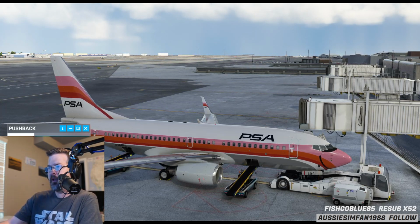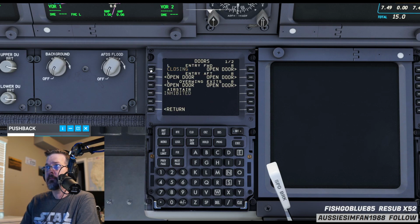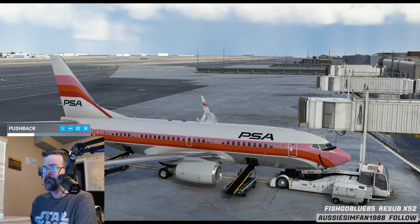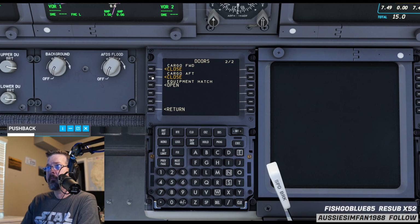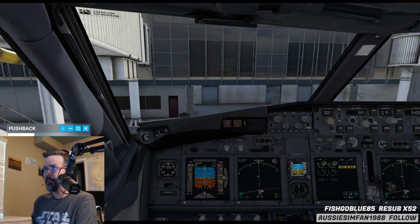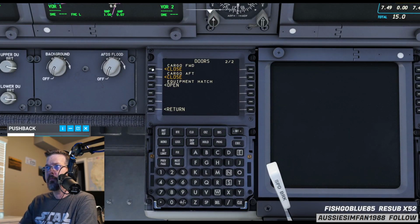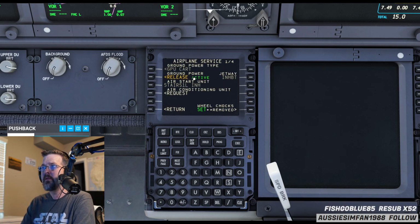Before I do that, I've got to close the doors, etc. Does that close the... There we go, cargo doors closing. How come that's not closing, or is it? Oh. Yeah, that's not working. Check all vehicles are moved away completely before pushing back. Lots of vehicles to move back. I think you have to dismiss the loader from the ground services menu. Maybe after...